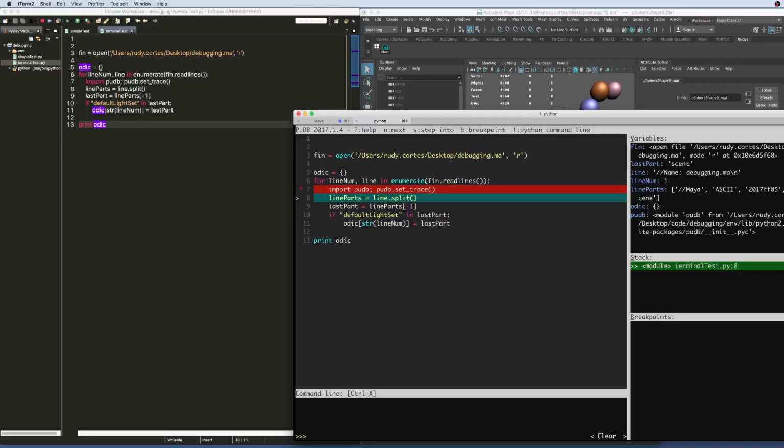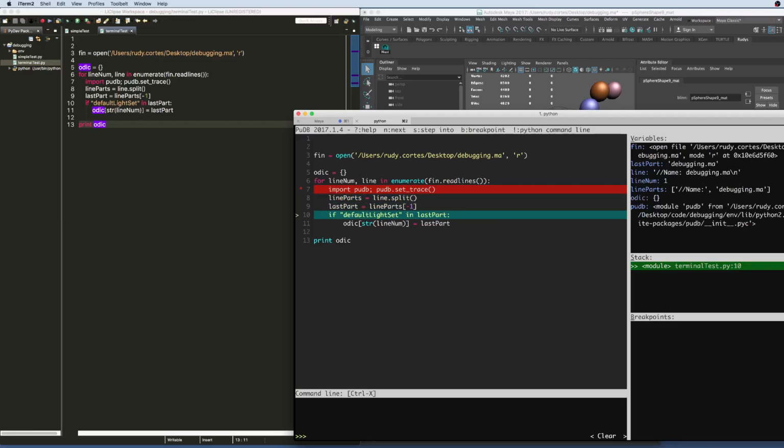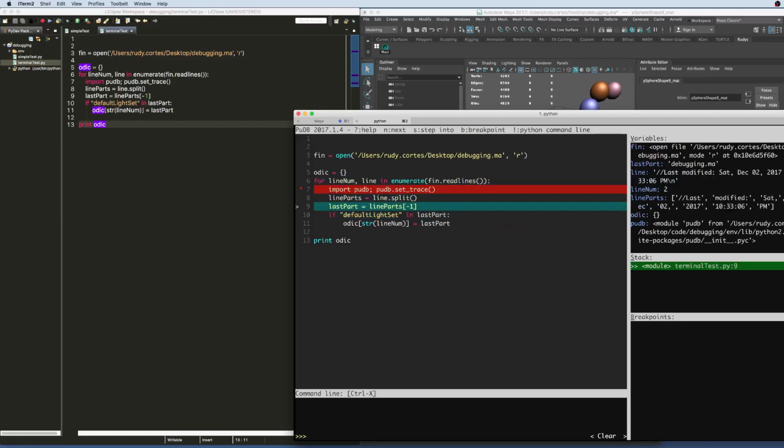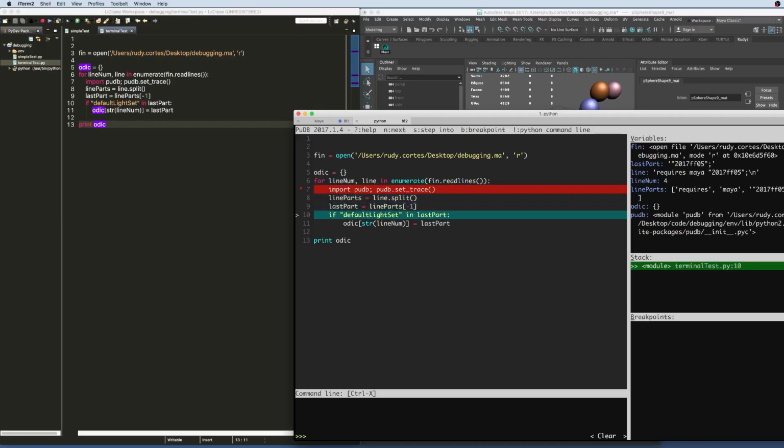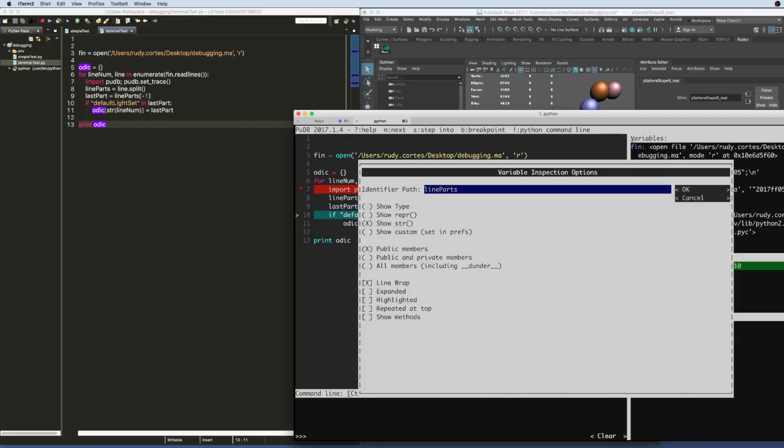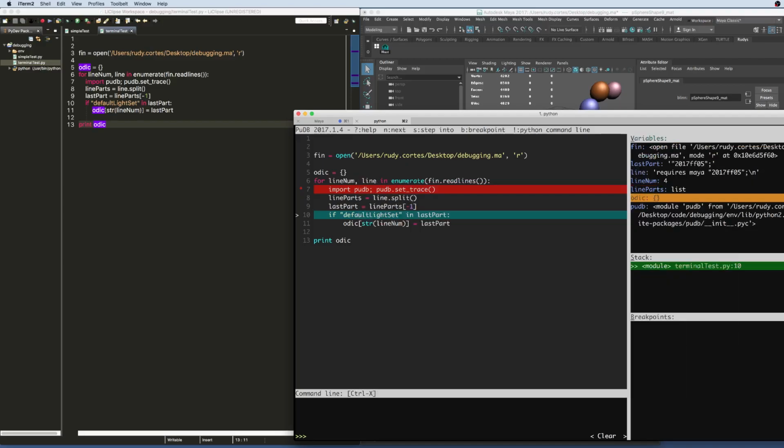So line parts is going to go in there, and you can see it change. The last part changes here, debugging.ma. And then it's going to keep going. And you can see just how it all keeps changing, right? At any point, you can go over here and click on an item, for example. And to go to each one of these panes, you just go left, right, top, down, and